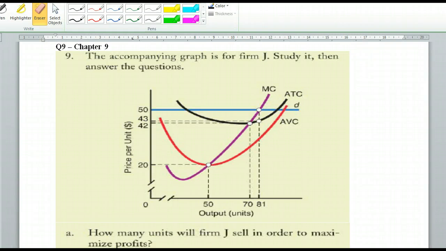Okay, this one is question 9 from your textbooks, chapter 9. The accompanying graph is for farm J. Study it, then answer the questions. So you can see this farm is facing a demand curve showing $50 as a price which this farm has